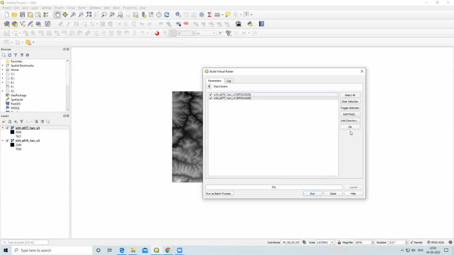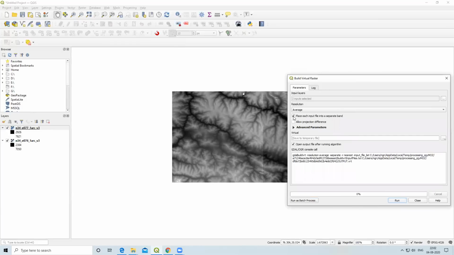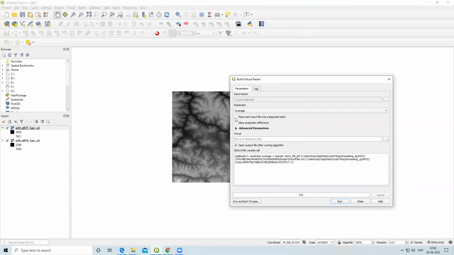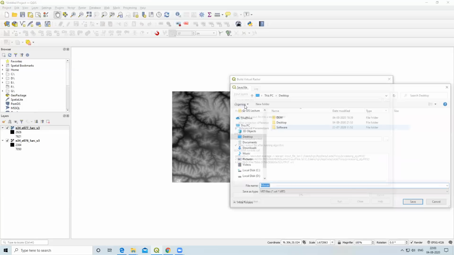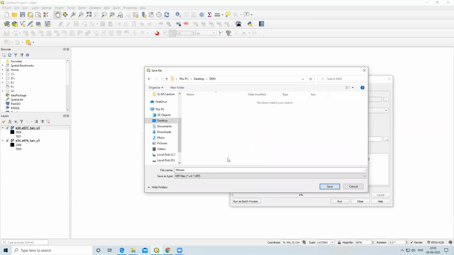After that press OK. Now it's showing two inputs selected. Then we have to remove this tick, Place each input into separate bands. We don't want separate bands, we want to mosaic it. So I will uncheck this. Then we want to save this. For that I will click here and save in a DEM folder as mosaic. Mosaic is already typed there.